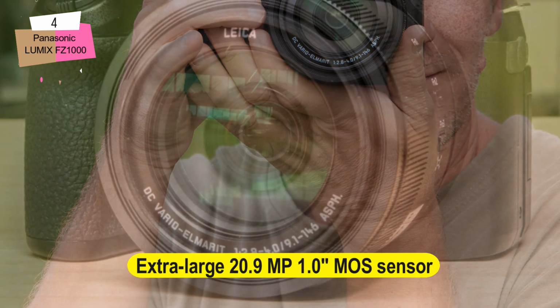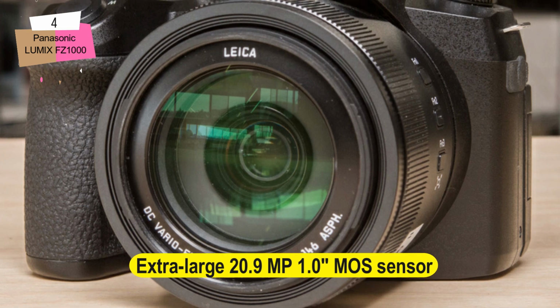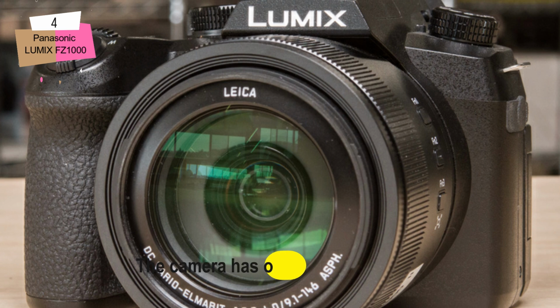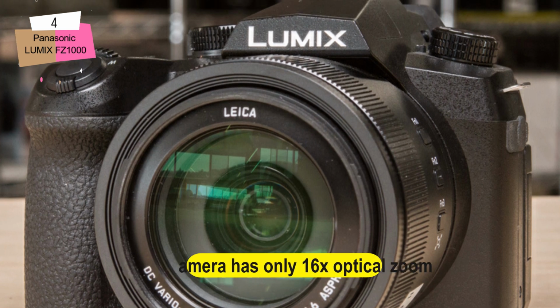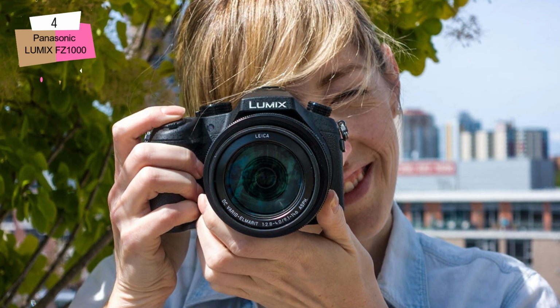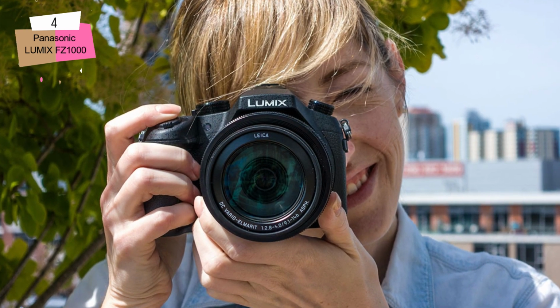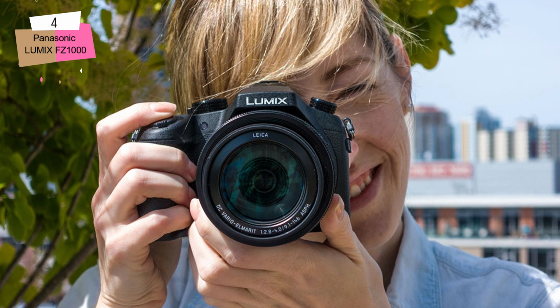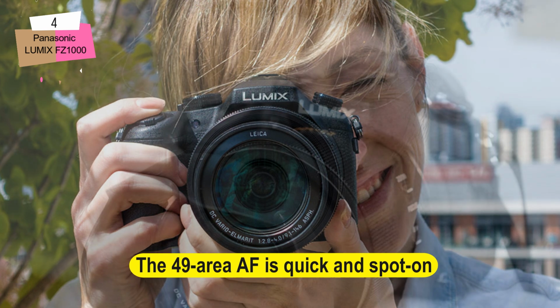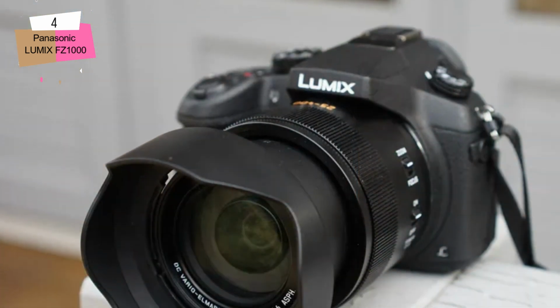Extra-large 20.9 MP 1.0-inch MOS sensor is paired with a bright Vario Elmarit Leica DC lens. The camera has only 16x optical zoom, which may be a far cry from calling it ultra zoom by up-to-date standards. Yet, it's in no way short and is still way longer than what many other point-and-shoot cameras can provide. The 49-area AF is quick and spot-on most of the time, even in low-light conditions along all of